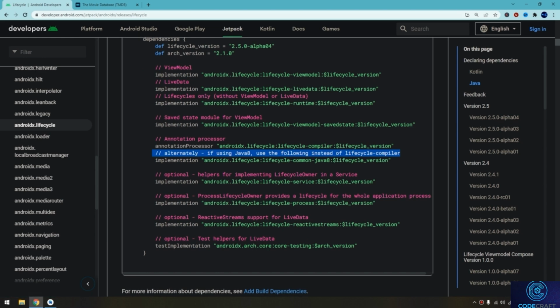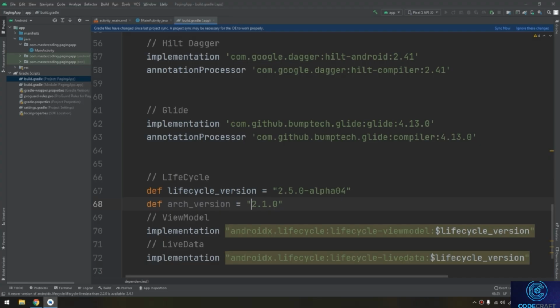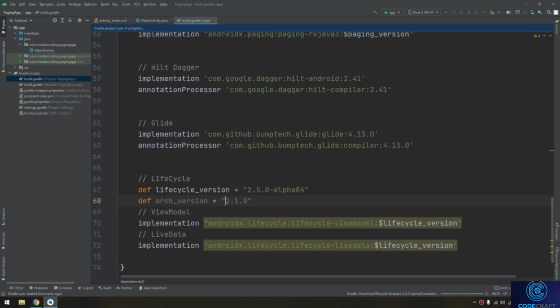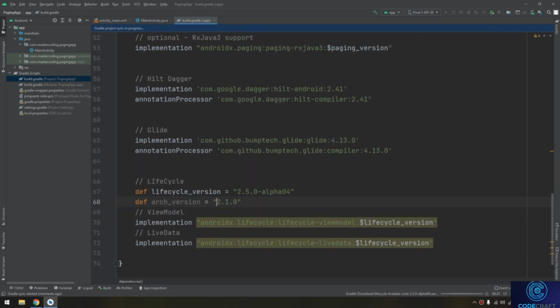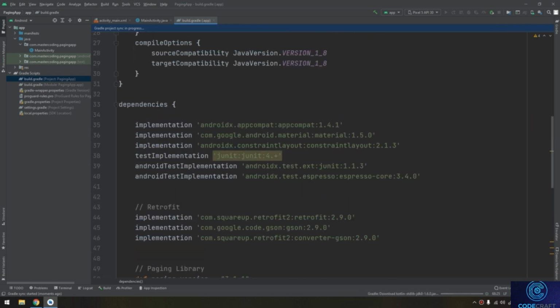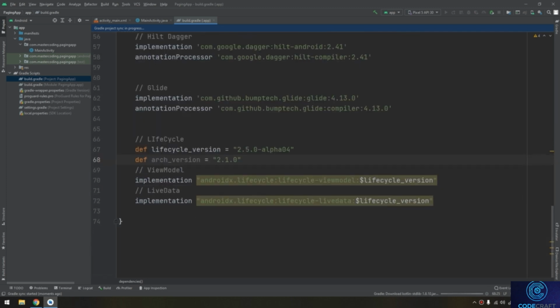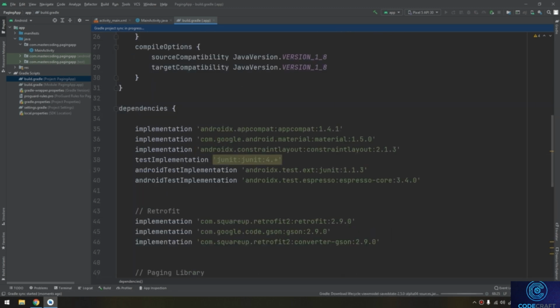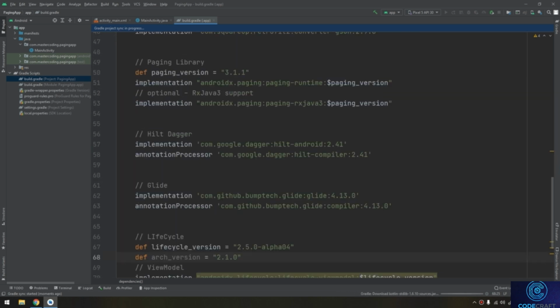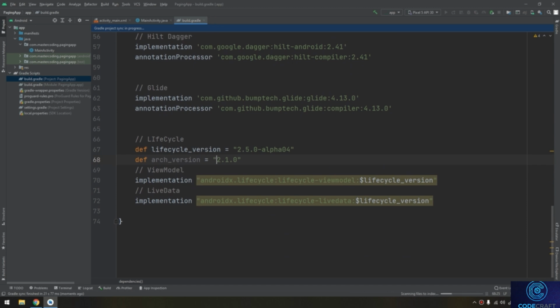Okay, so I think we are ready now to sync, and these are the libraries that we have implemented. If we have any missing library, we will add it throughout the course. Okay, so don't worry, we have added these libraries successfully, and we are going to start building our paging